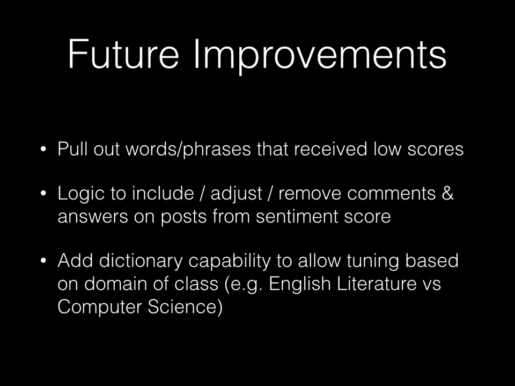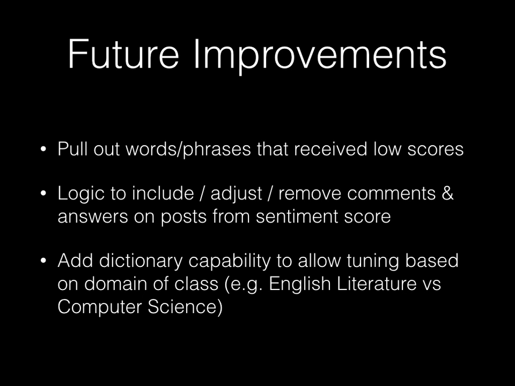The commentary that takes place on a given post could also sway things one way or another, and perhaps not be as germane to the overall sentiment in the class, because digression takes place. Other things end up being talked about, and folks say thank you and things like that, and may tend to sway the score either very positive or very negative, and in a different way than the original post really intended. And finally is adding a dictionary capability so that we could tune it based on the domain